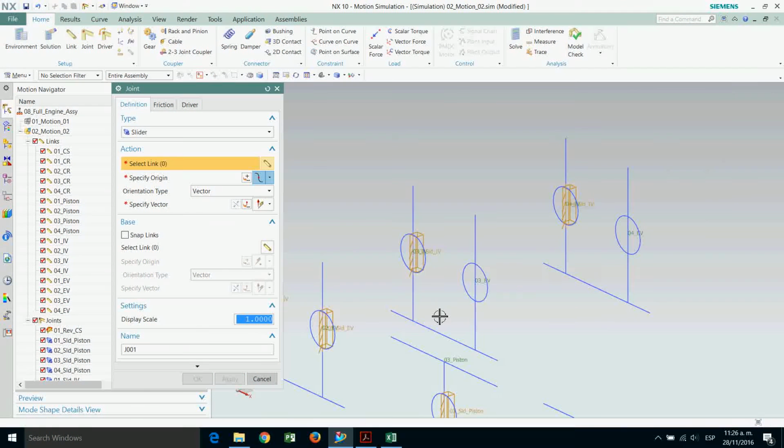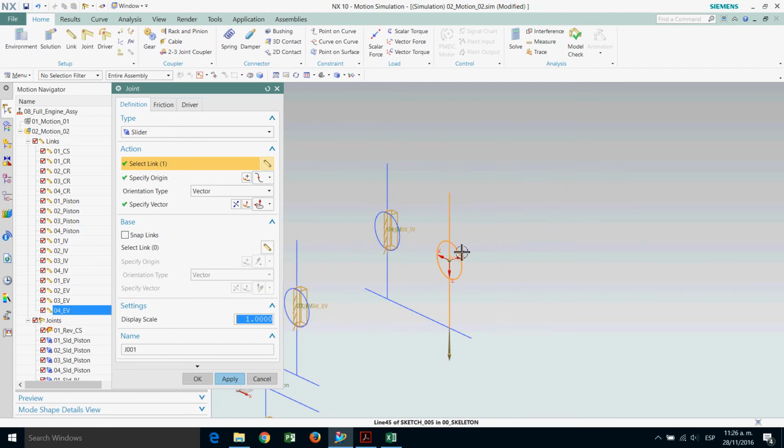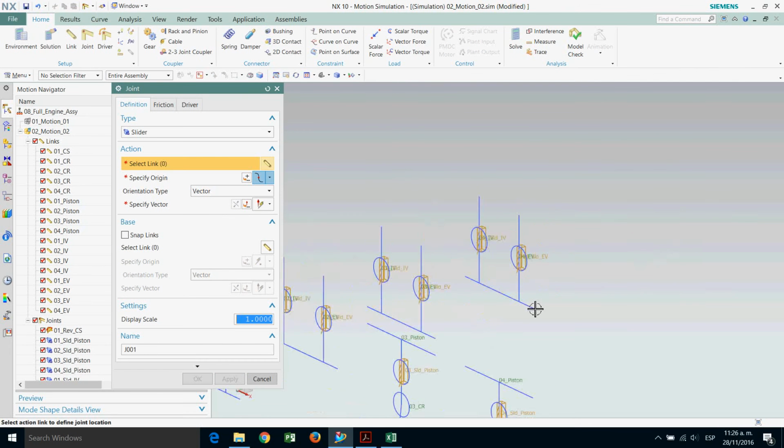Apply, touch the line, positive. C3 underscore SLD EV. Apply, and then touch the line, positive. C4 underscore SLD EV. Apply, and then let's move to